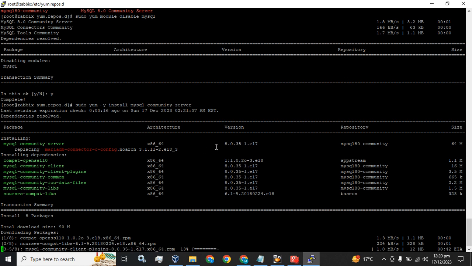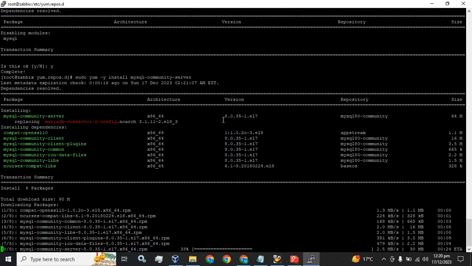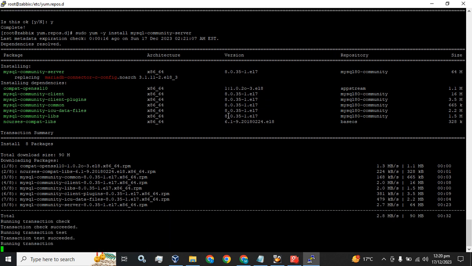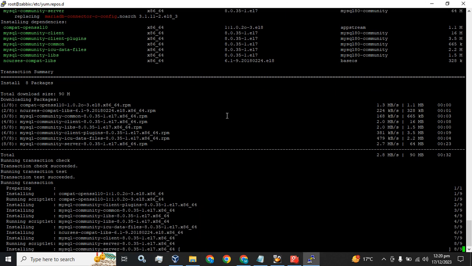You can clearly see over here 8.0.35. If we install the MySQL database by following the simple or general steps, it will not install the 8.0.35 version, it will install the lower or older version. If we install the older version, it will not integrate with the Zabbix server and the Zabbix server will not start. So to get rid of that error, you have to install the MySQL community version